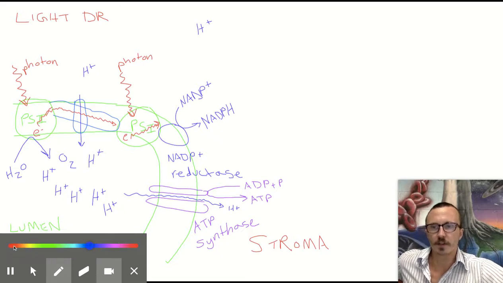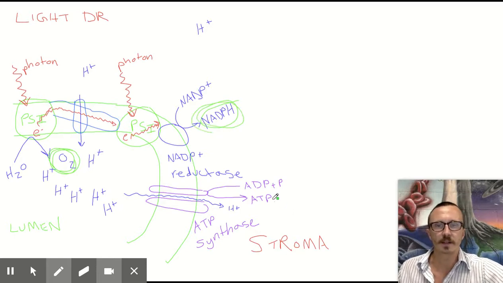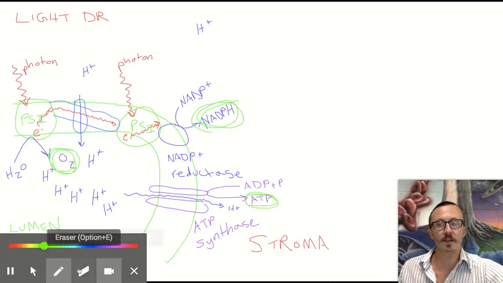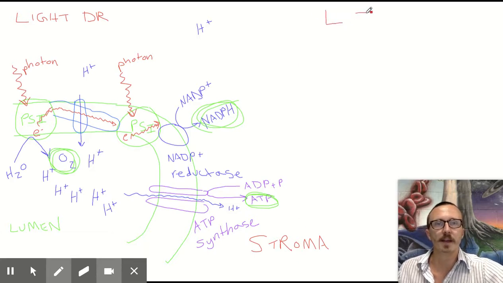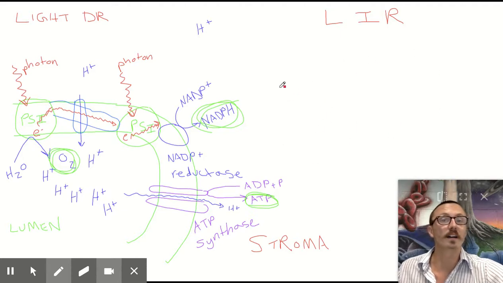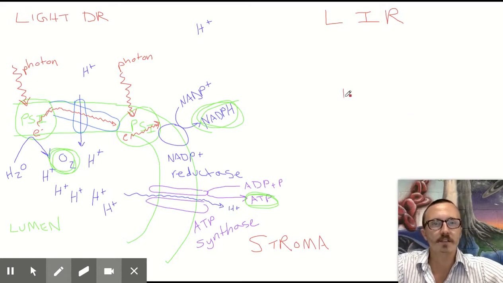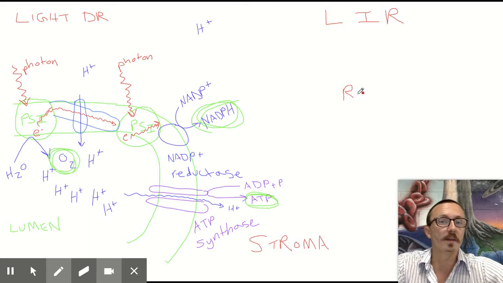And let's make sure we've got everything that we need. Okay, here's our product of the light-dependent reaction. We've got our oxygen, we've got our NADPH, and we've got our ATP molecule, okay? Awesome. So now we have everything we need to start the light-independent reaction, the LIR. The light-independent reaction is going to take place in the stroma, so it's going to take place outside of the thylakoid, okay? And the light-independent reaction relies heavily on a lot of enzymes, but one enzyme in particular that I